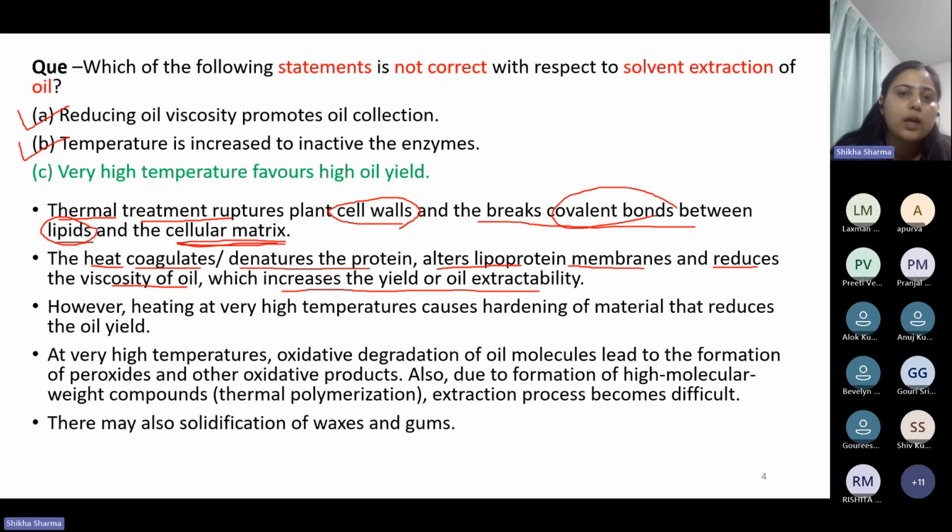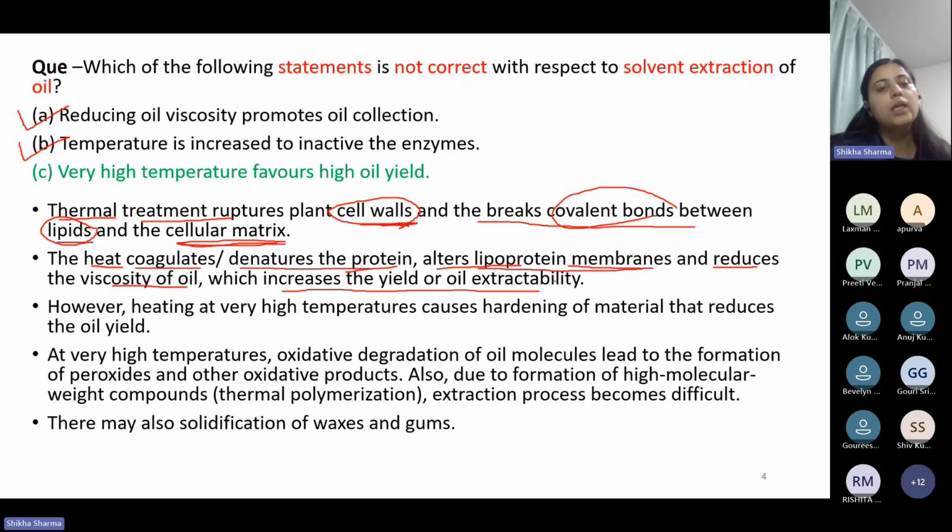Also, the proteins or different enzymes break down, and as we discussed, the cell wall ruptures. So lipoprotein membranes or the cell walls break down, and due to high temperature,